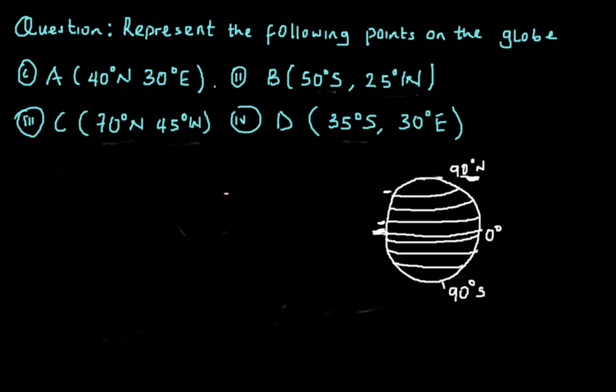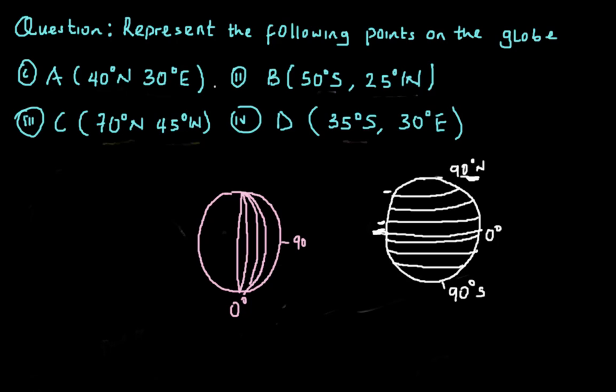Now in the same vein, if we have the globe, now this here is the prime meridian, and it's also at 0 degrees. It means that to the right, which is the east, we can have 20 degrees east, we can have 45 degrees east, we can have, say, 70 degrees east, up to 90 degrees east.